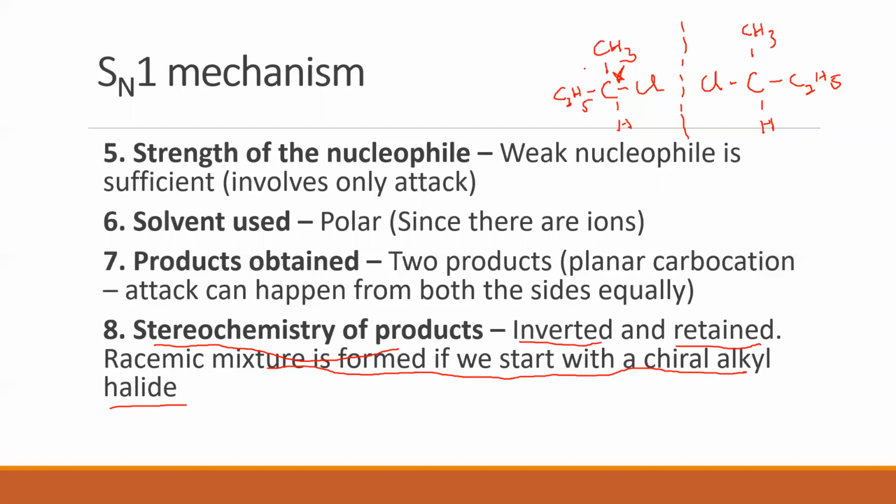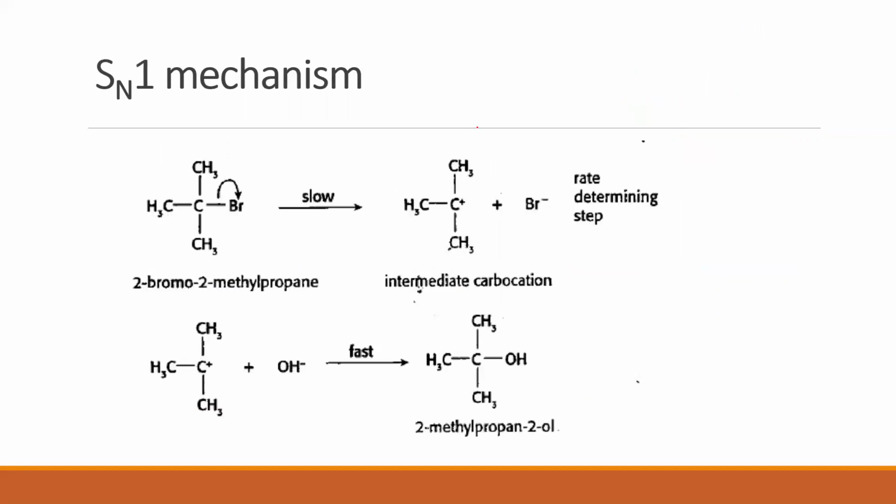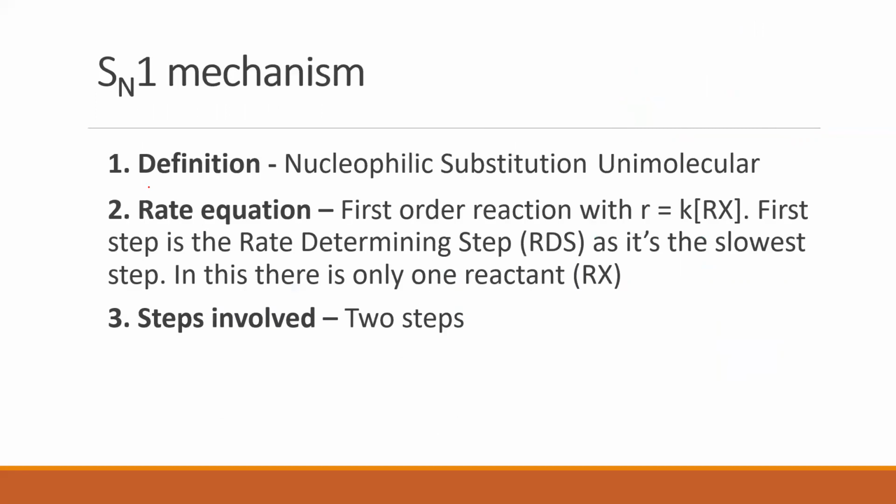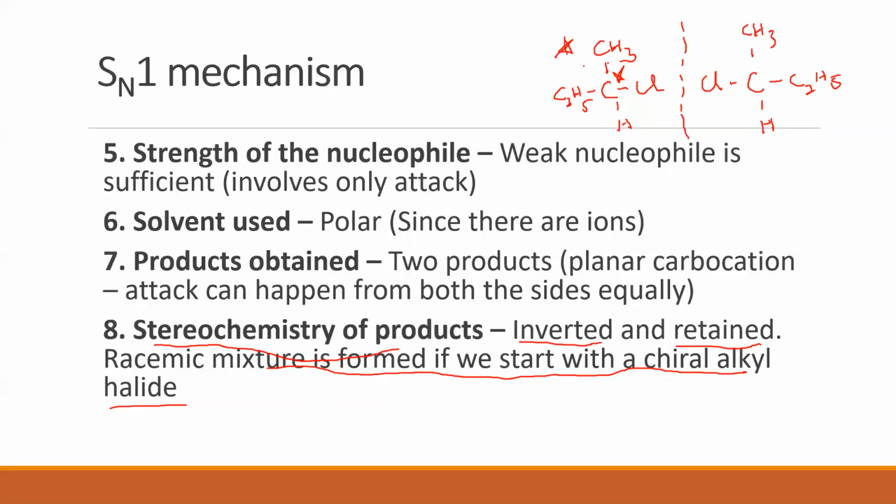Now, when this undergoes SN1 with OH minus as the nucleophile, what do we get as a product? I get an alcohol. So I want you to take this as homework. I want you to take this compound, whatever is shown here, and carry out SN1. Clear? SN1 mechanism just like this. Here we took this alkyl halide, right? Instead of this alkyl halide, I want you to start with this alkyl halide. Clear? And go ahead, find out what are the products.